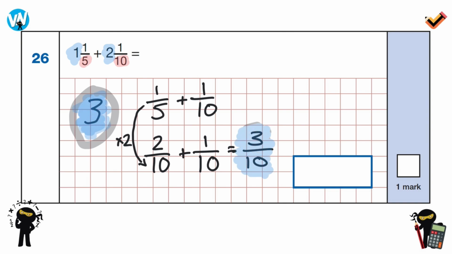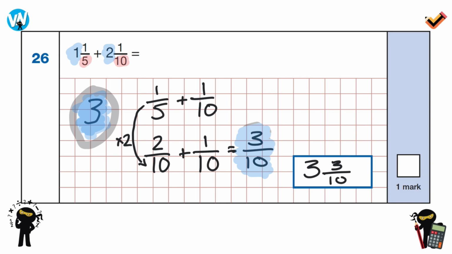We've got 3 and 3/10. So very, very simply, we add them together. We have 3 and 3/10. So we're just going to add that into the box: 3 and 3/10, and we get the mark. And the key thing is, if we're just on autopilot, we've got to be careful not just to write 3/10 in here. We've got to remember the whole numbers. But ultimately, if we just partition off the whole numbers and add them separately together, it just leaves us with